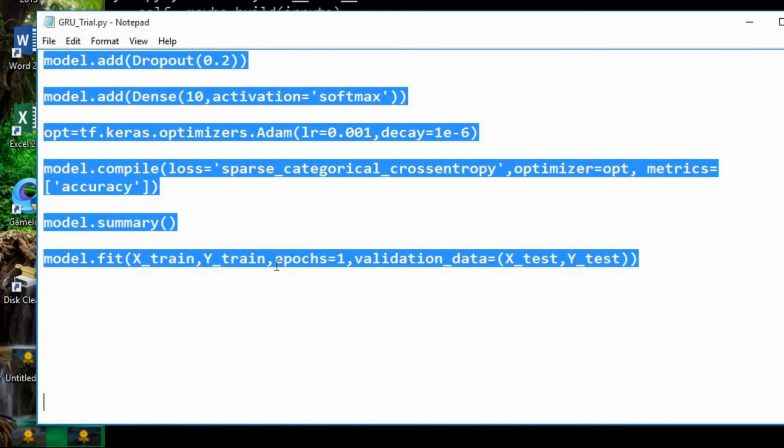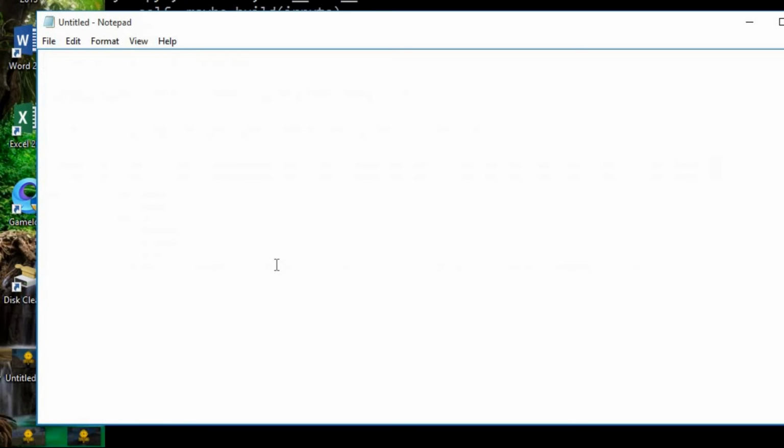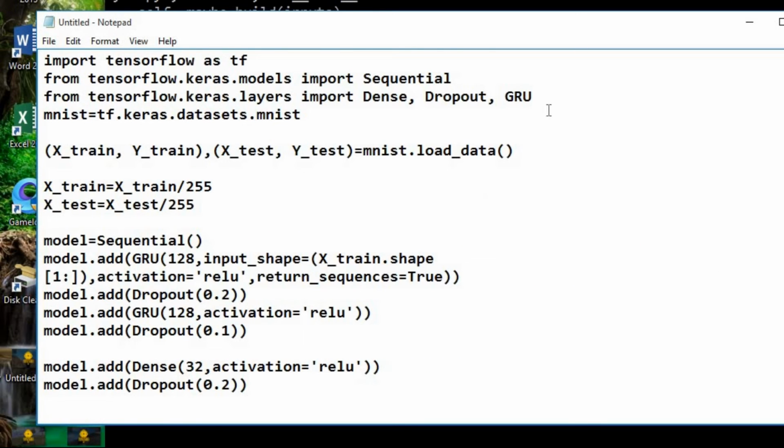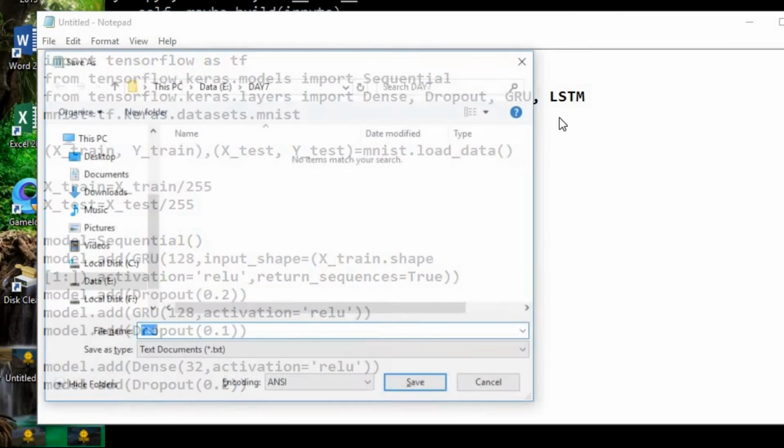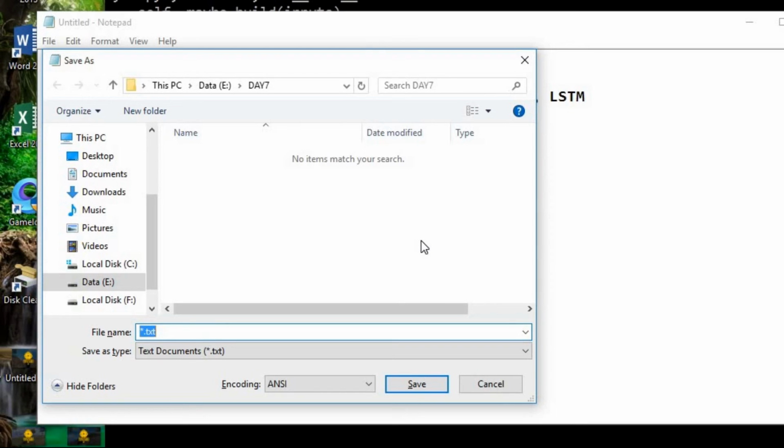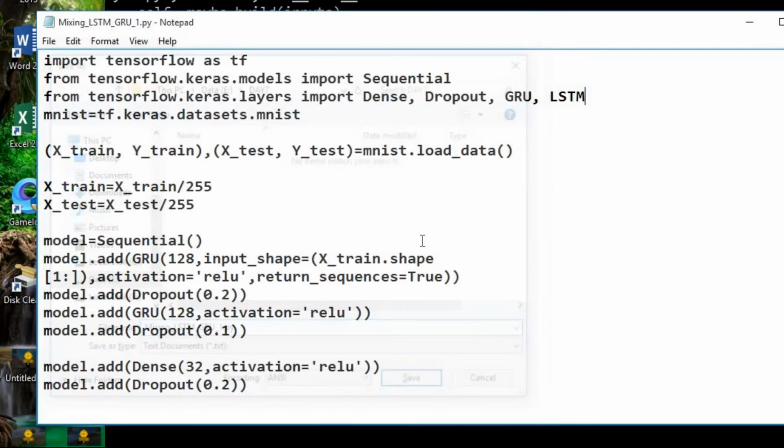Now let's again copy this entire thing and paste it into a new file. So we will call GRU and LSTM in one file. Let's save it as mixing LSTM GRU.py. So the first GRU layer we will replace by LSTM.